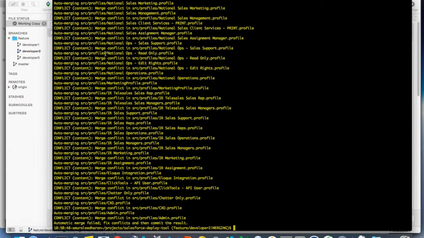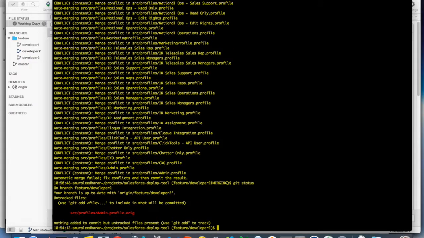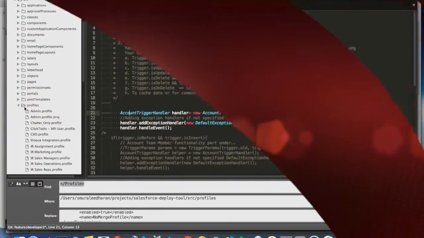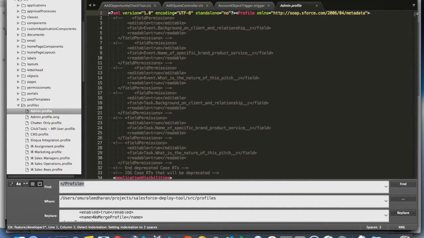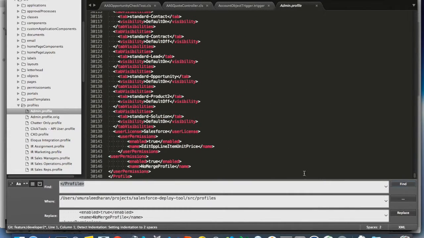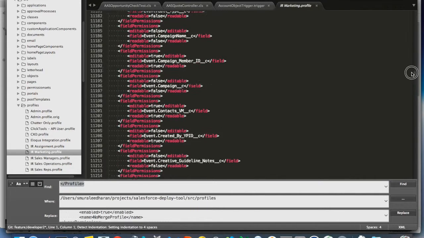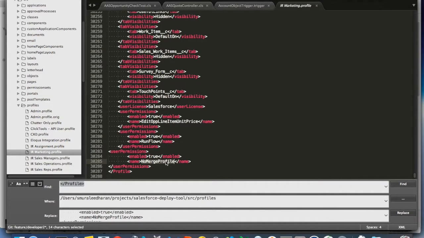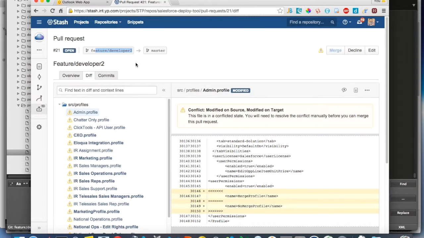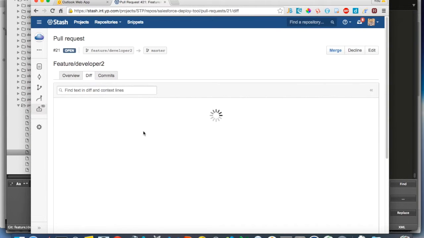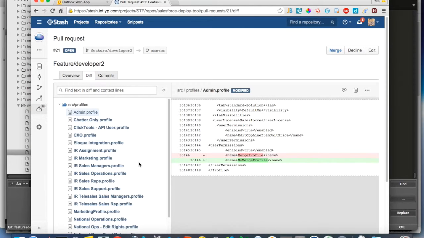Now let's see, git status. This is clean now. Profiles and profile. So now merge profile, right? Let's go to the other one. Now merge profile, so we kept that change in all the files. Now if we go to the pull request, it looks much cleaner now, right? So you can see that